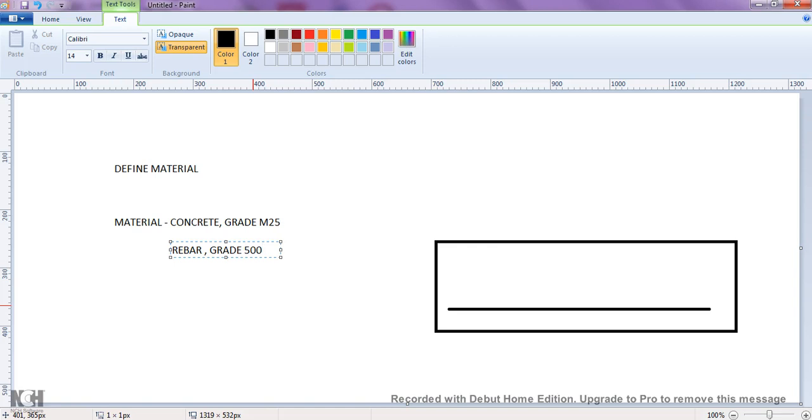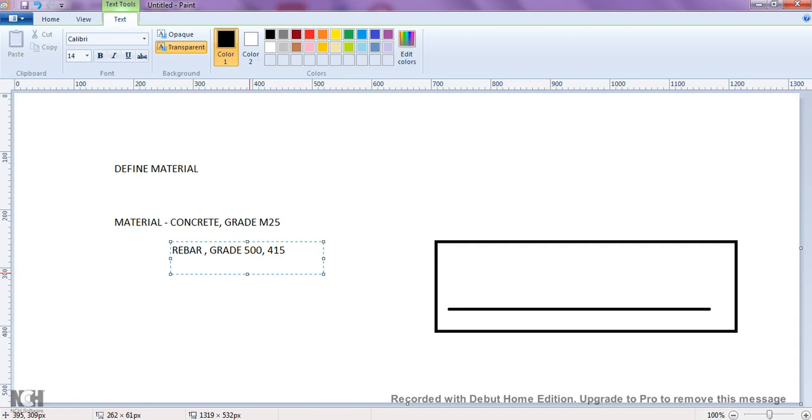Nowadays 500 is available. If you want you can use 415 also, if it is available. The previous grade 250 is not available right now. So you can define 500 as well as 415.